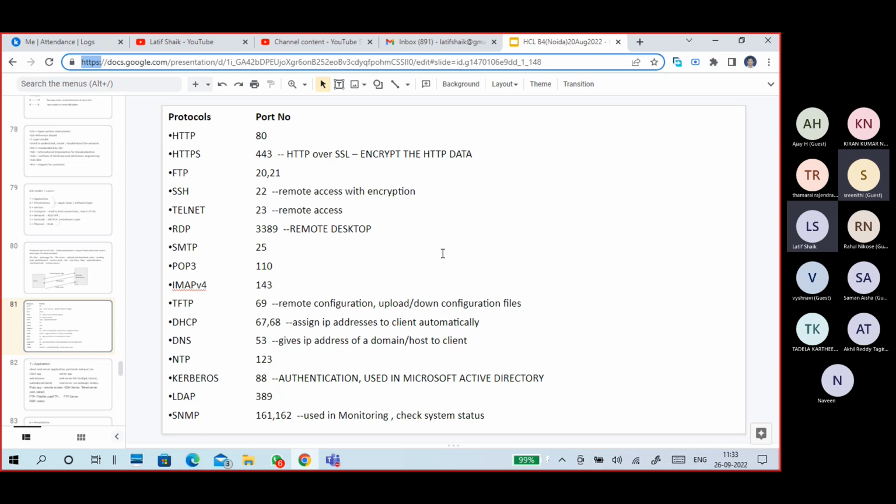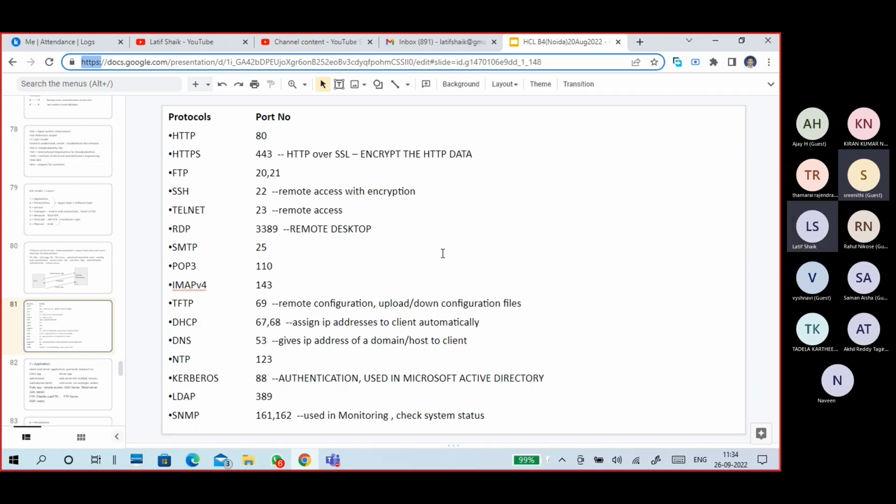So what is the use of SNMP? For monitoring. At the time of service desk, I also told about monitoring, event management, alert management kind of stuff, right? So I have an infrastructure. I want to monitor this infrastructure from my system with a certain software. So what will this software do? The software receives SNMP traps from the